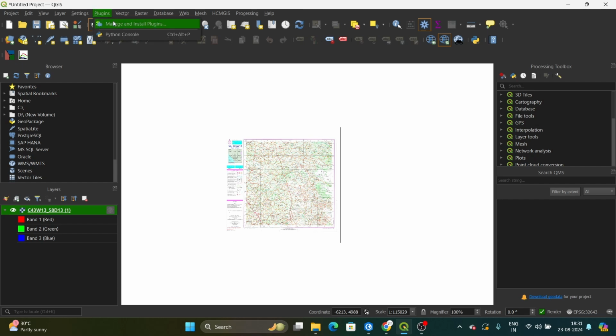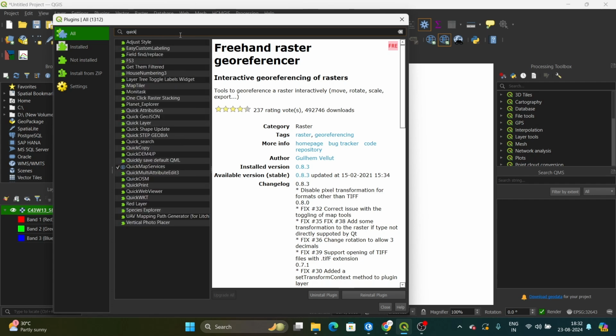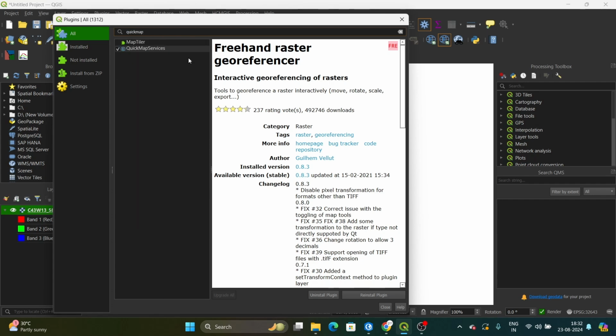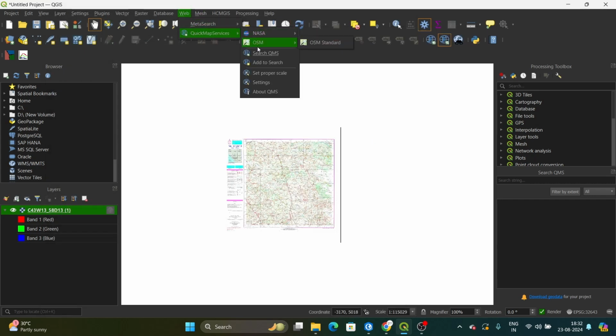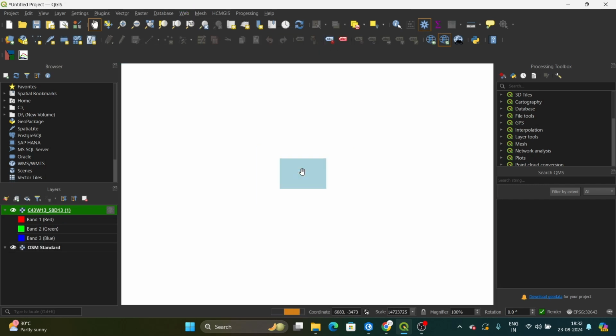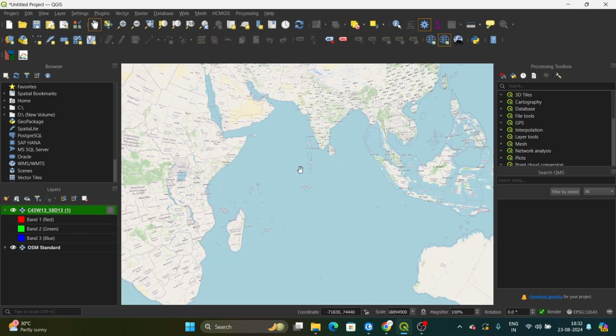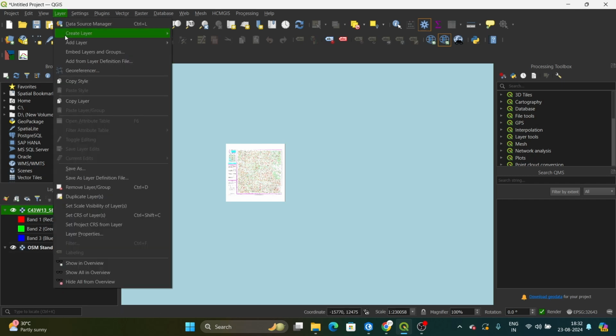You can go to the plugins manager and install plugins, bookmark services, and then you can install it. Then it will be over here with map service, and I'll be adding my OSM standard. You can see it's not georeferenced, it's falling somewhere over here. Okay, now to georeference this, we can go to layer, and we have a